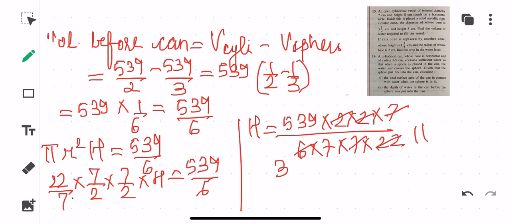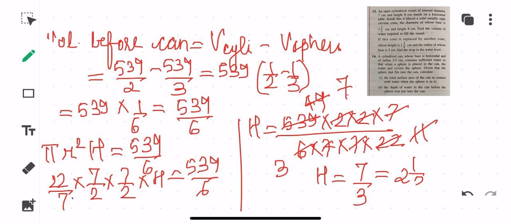So now this is how much, children? If you just see, divided by 11, this will be equal to 49, and this is going to be 7. So what is the height that you are getting? You are getting that the height is equal to 7 upon 3, which in turn, if you write down, is equal to 2 and 1 upon 3 centimeter. Okay, or else this can be written as 2.33 centimeter.